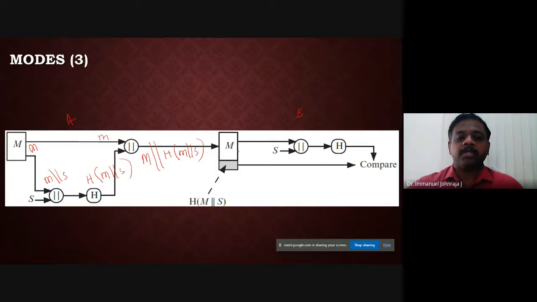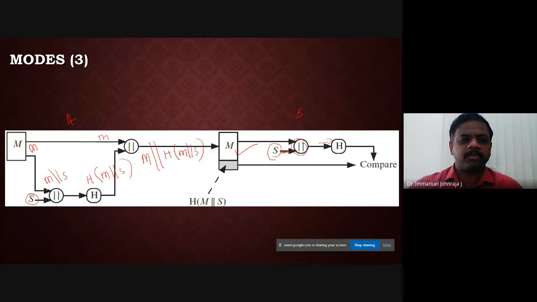Now the original message is received here. The story is simple, and you got the H of M appended here. So what are you supposed to do? You are now supposed to calculate the value of M appended with S. How is it possible, sir? This S is already shared with you by the sender. A and B have already shared it. So the person at the receiving side adds this session value or the key which is exchanged, or the small value which is already shared among them, and then he appends it to find the hash function.